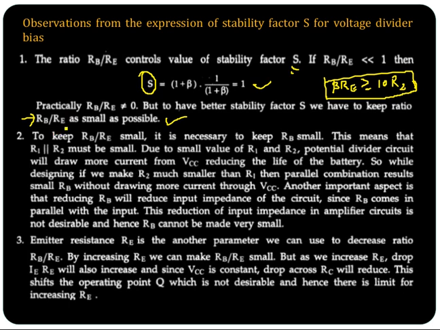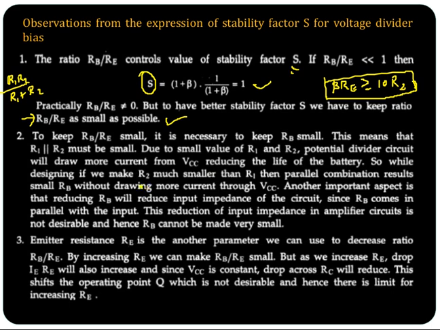We are having those two options. So how can you keep this RB small? So this RB is R1 parallel to R2. That is R1 R2 by R1 plus R2, isn't it? So due to small value of R1 and R2, if R1 parallel to R2 has to be small, if both R1 and R2 you make small, then there will be large current drawn from VCC by this potential divider circuit. So if we design the potential divider circuit keeping R1 and R2 small, it is not possible. Current drawn will be large from VCC.